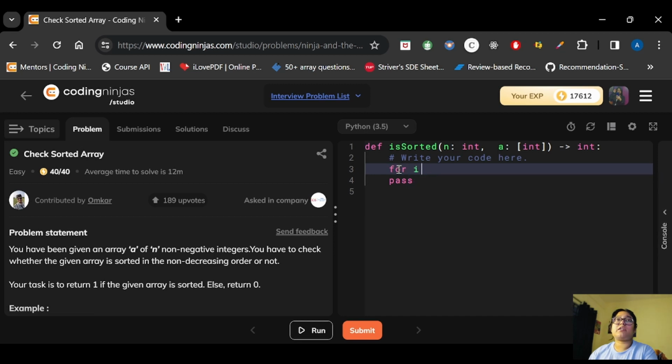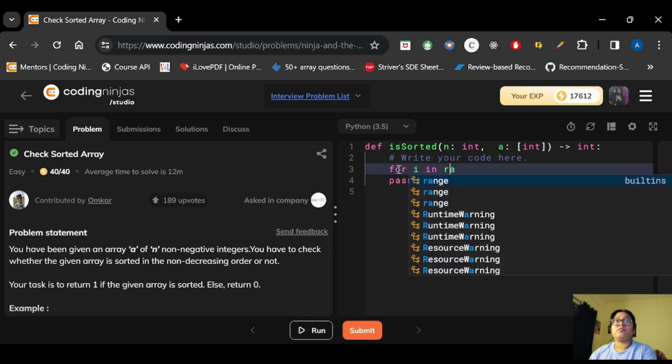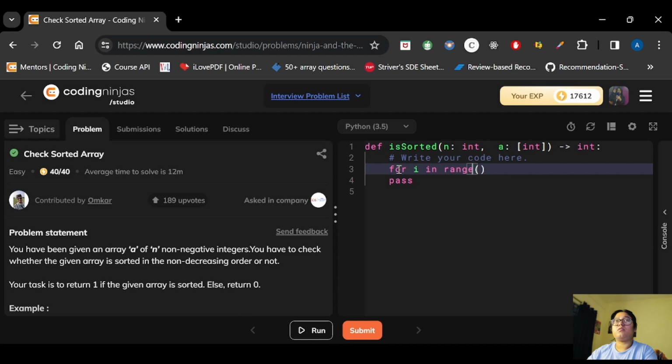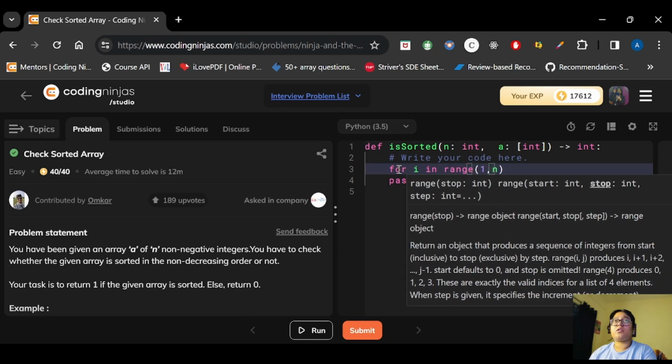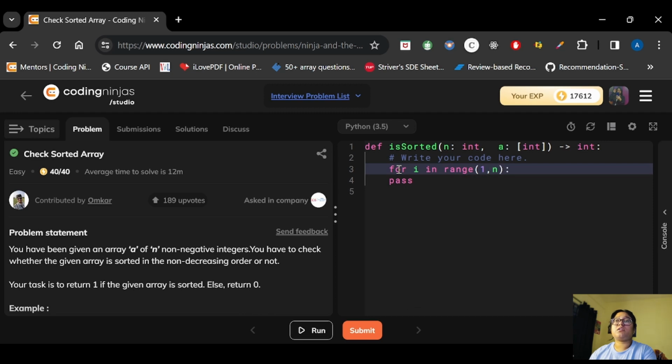We will start the iteration from the first index, and we will go till less than n. I guess there is some bug in the code editor, it is not working properly, but let's move on and see what we have to do.